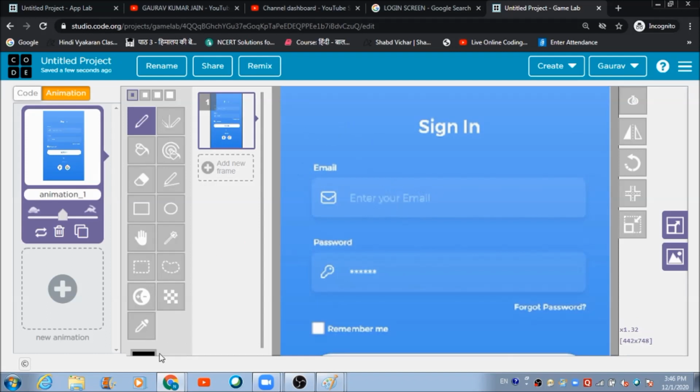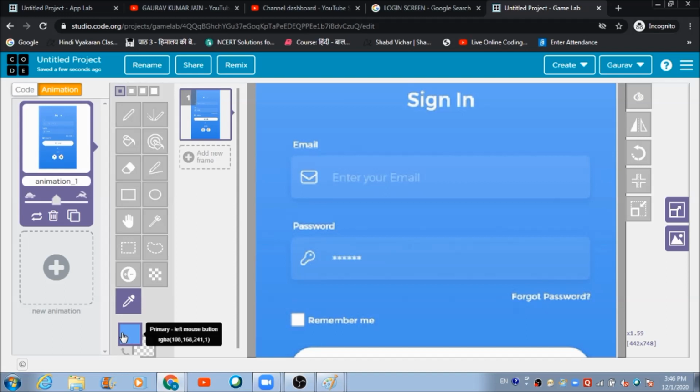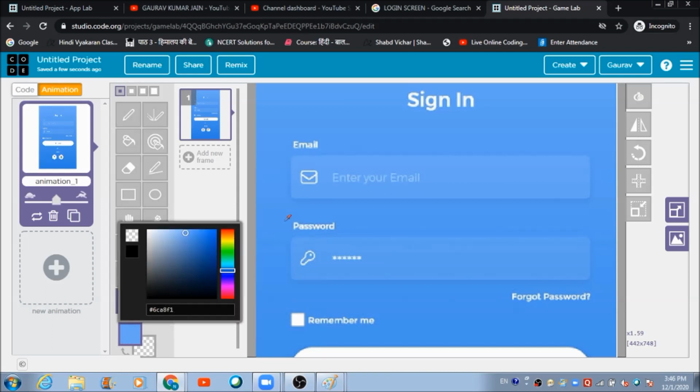For doing that, we need to click on this color picker tool. Then we need to click on this blue color. Automatically when you come to the bottom here, you will be able to see the code of this blue color which is getting reflected over here.